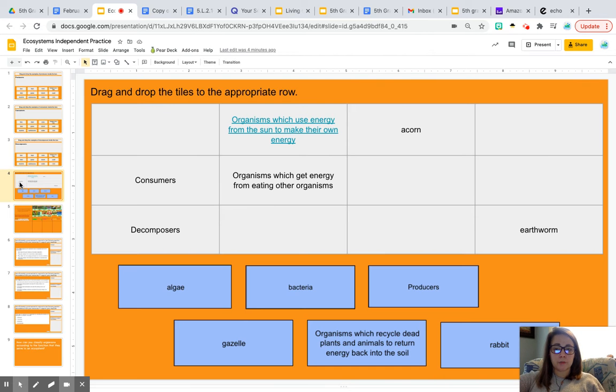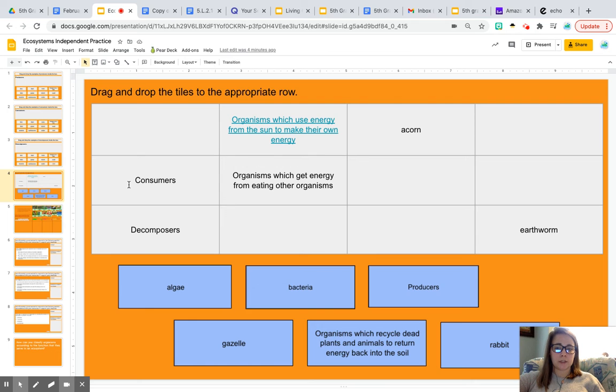Then on slide 4, you are going to drag and drop into the correct places below. So here are the titles of the 3 different types of organisms that we find in an ecosystem. You just identified examples there. So you're putting their titles here. Then a definition of what those organisms do in the ecosystem goes in this column. And then for each of your types of organisms, you're going to have 2 examples